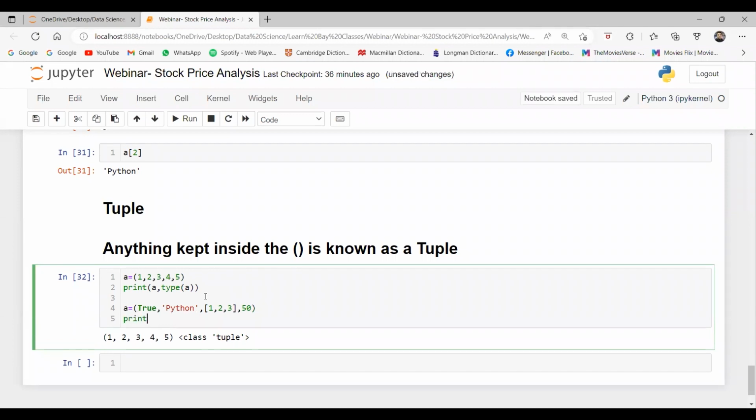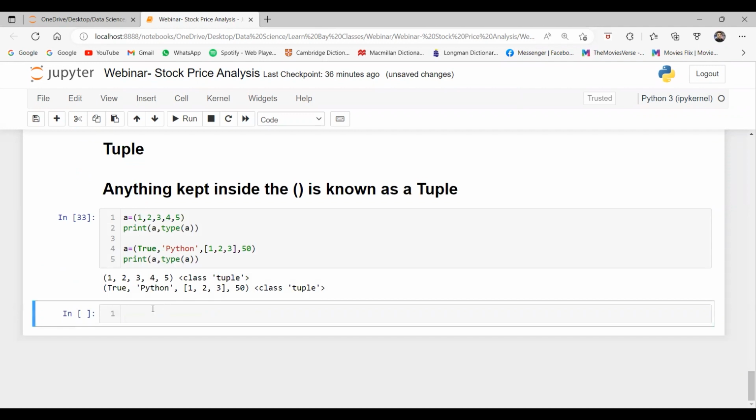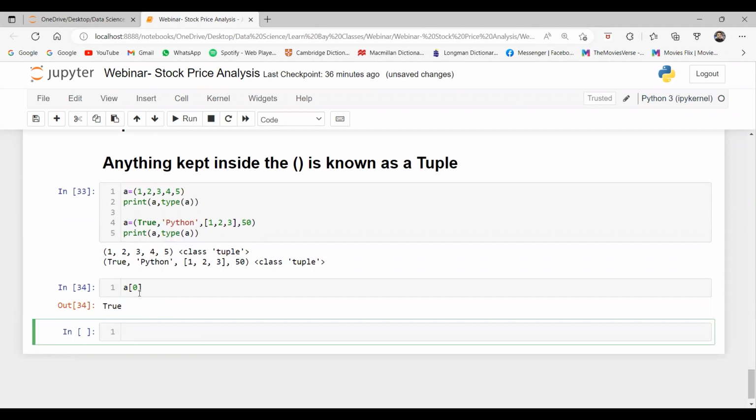Again I print a and type of a, so it's a tuple. So it can also store heterogeneous elements. It also uses the indexing method. The same way, if I want to access the first element, I can pass the 0 index. The index of the first element is always 0. If I want to get the third element, the index will be 2,